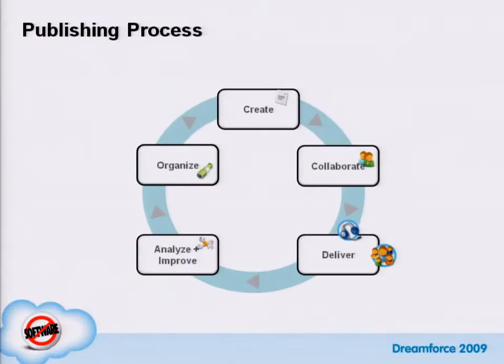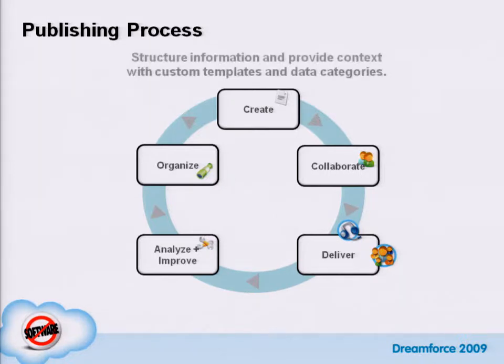Let's talk about the publishing process before we go on to our next exercise. To get articles into your knowledge base, they are going to go through a life cycle of publishing. The first thing is your knowledge manager is going to create new articles, and they're going to use article types to define the layout of those articles. They are then going to assign all the data categories that could possibly apply,